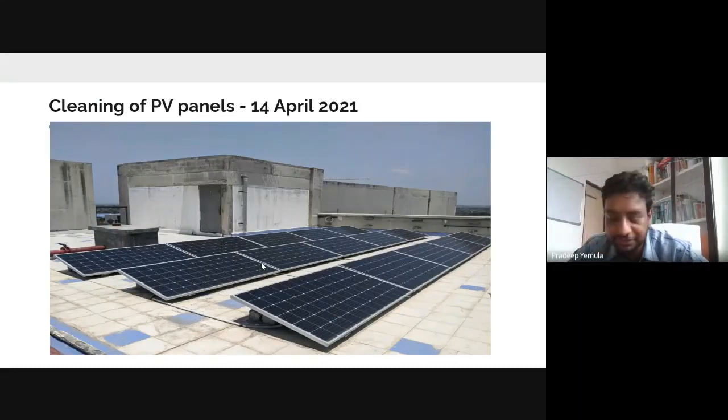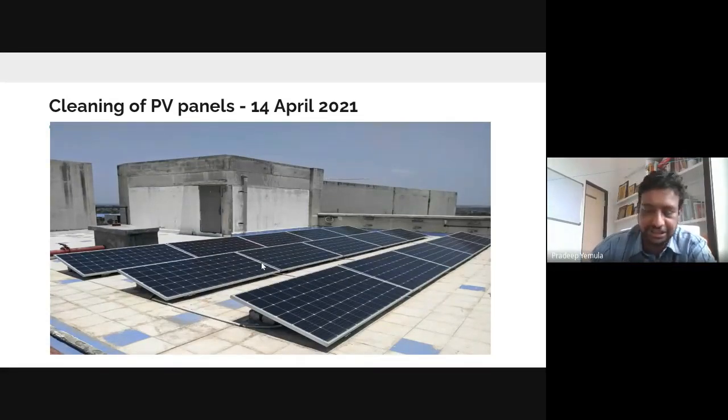Again, most of your campuses may have solar panels on top. So it will be better if you visit your solar panels once and have a look at them. What is the situation? What is the energy? Whether dust is there or not. And the latest thing we have done is install sprinklers around these panels, and we have put one small water tank here, and the sprinklers are programmed so that the panels are cleaned automatically. That part we are currently working on.